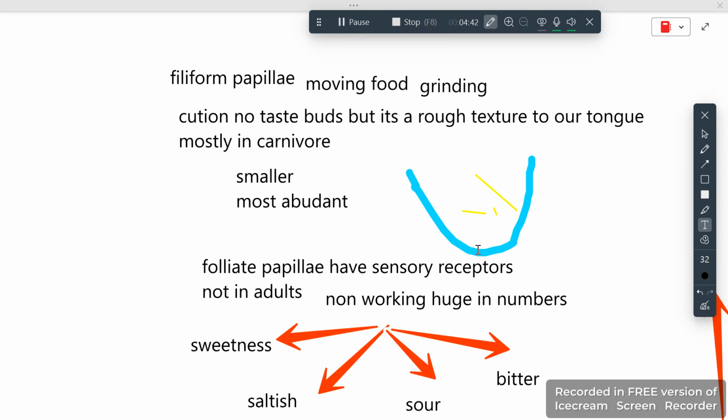But when it comes to grinding, all food goes into the same place on the tongue, and the tastes become mixed. So we do not get specifically the taste of what we have eaten by any one papilla, but together we can get that it's sweet, saltish, or